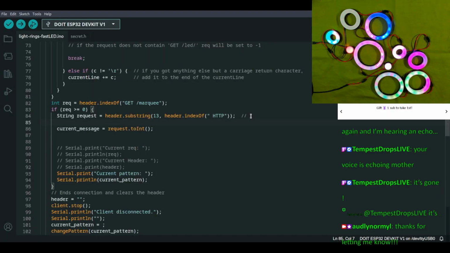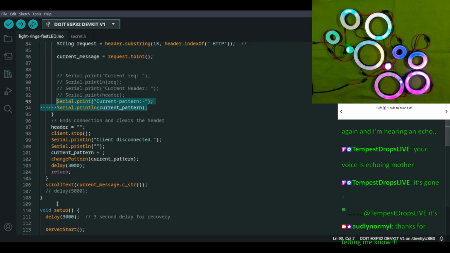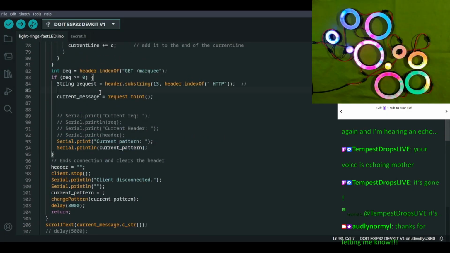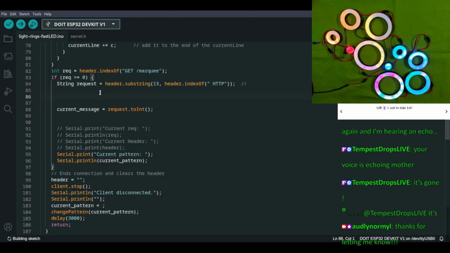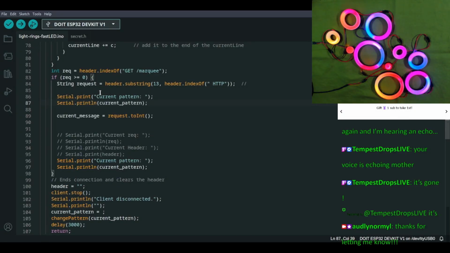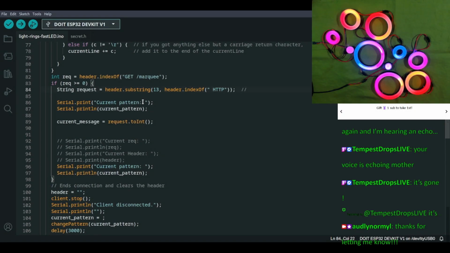So we'll do a serial print like this, copy these two and put them up here. And we'll do current request and print request. Okay.